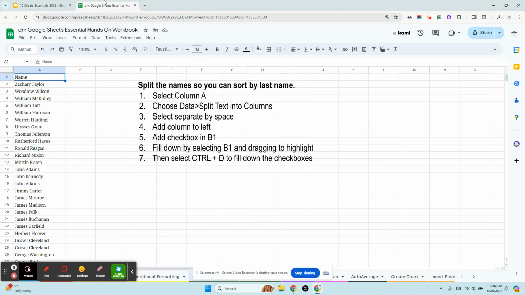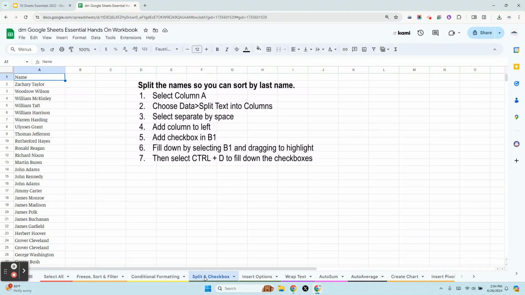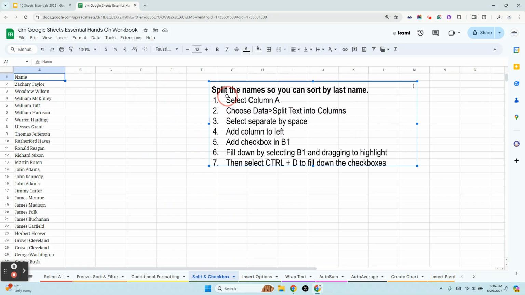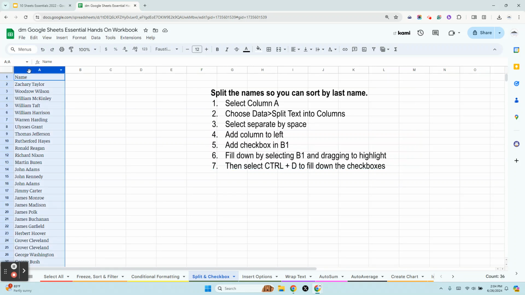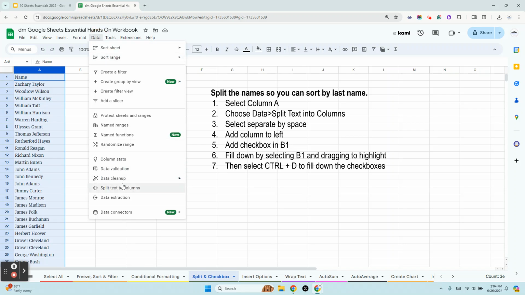So hop on over to your spreadsheet template and select the tab split and checkbox. And we'll follow these directions that I have here in this little text box. So we're going to select column A. So let's go ahead and select the whole column. Okay. Then we're going to go up to one of the menu items, which is data. So select data off the menu, and on the data menu, if you scroll down,